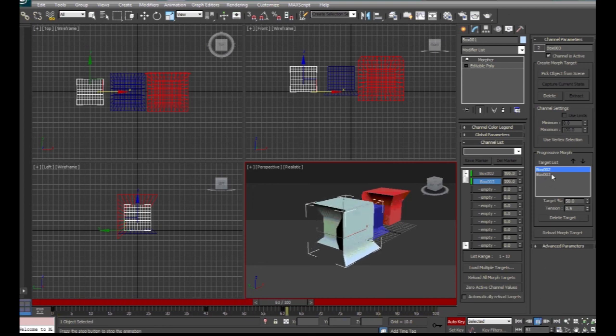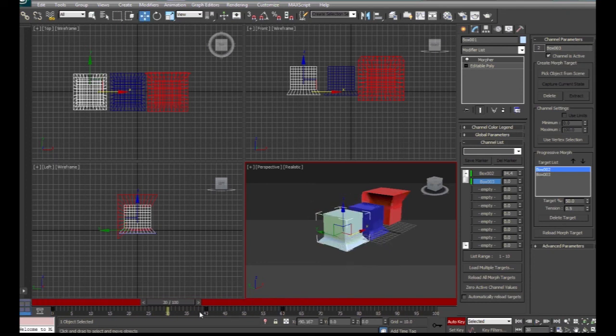If we decide that we don't want this extra box in here, we simply click delete target and it'll get rid of that extra box. Or we can add more if we want multiple shapes being morphed here. So we'll delete that, go back to our original